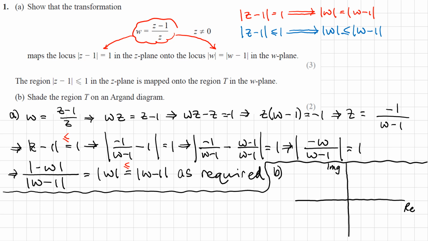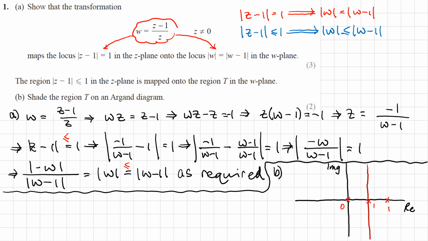So I'll just mark 0, I'll mark plus 1 here, and I want the perpendicular bisector between those 2 points. Now it needs to be a solid line because I've got the equal to symbol. So let me just put a solid line here,